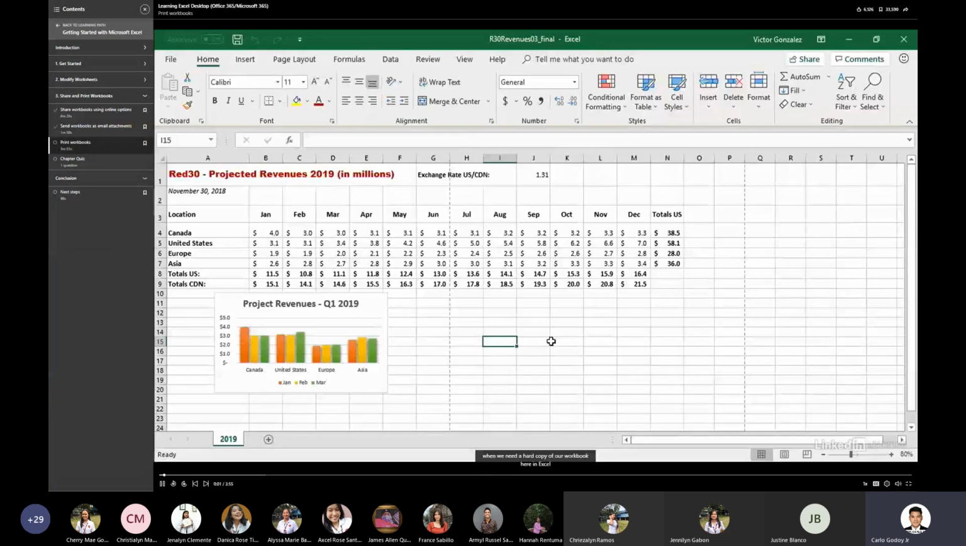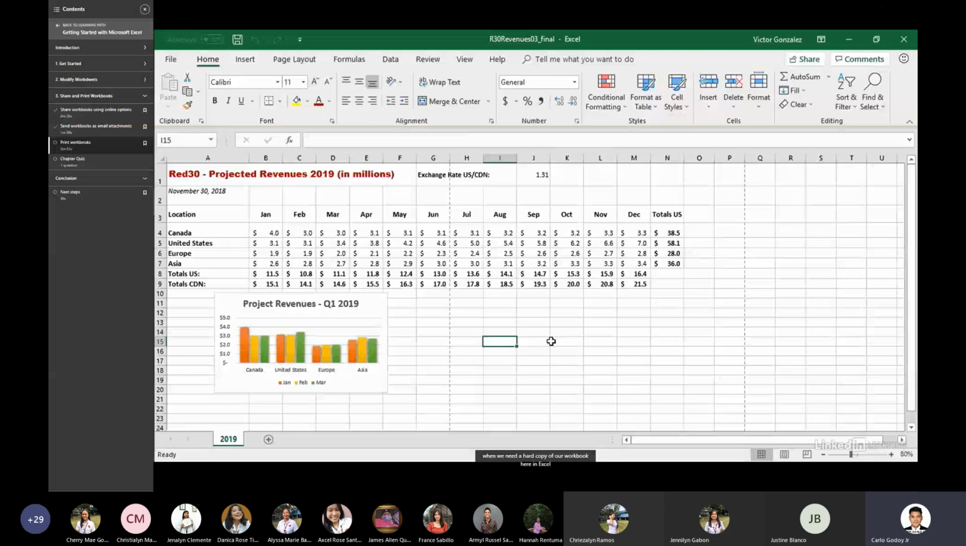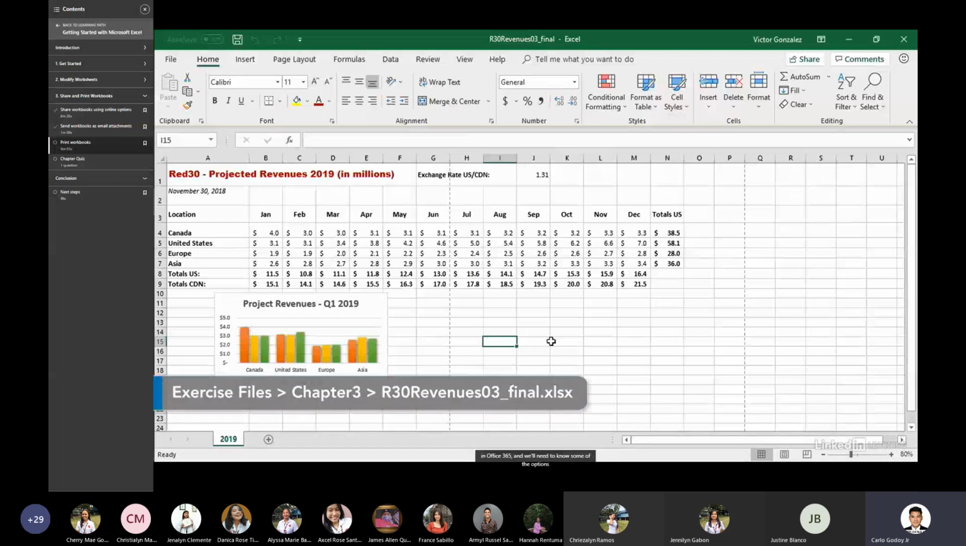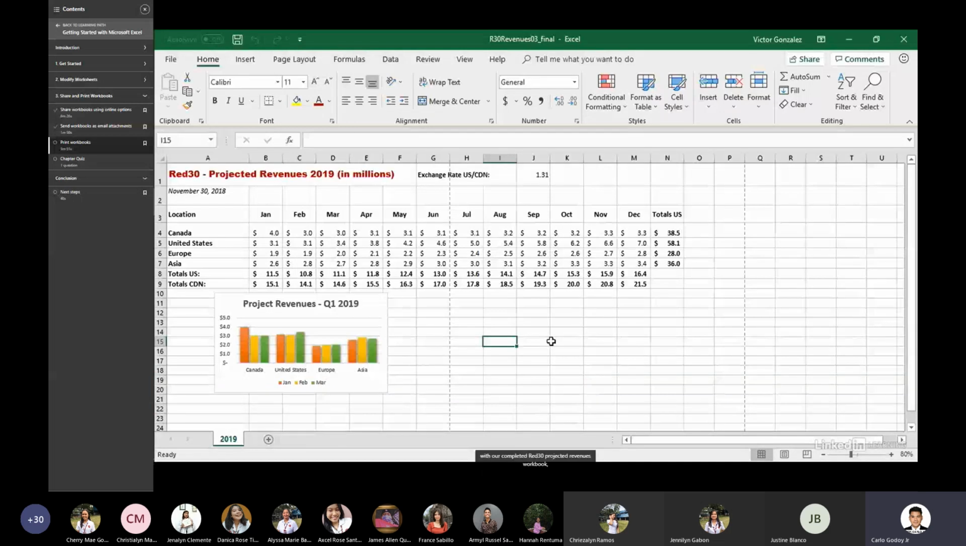There's still times when we need a hard copy of our workbook here in Excel in Office 365, and we'll need to know some of the options when it comes to printing. That's what we're going to explore in this movie with our completed Red 30 projected revenues workbook, R30 revenues '03